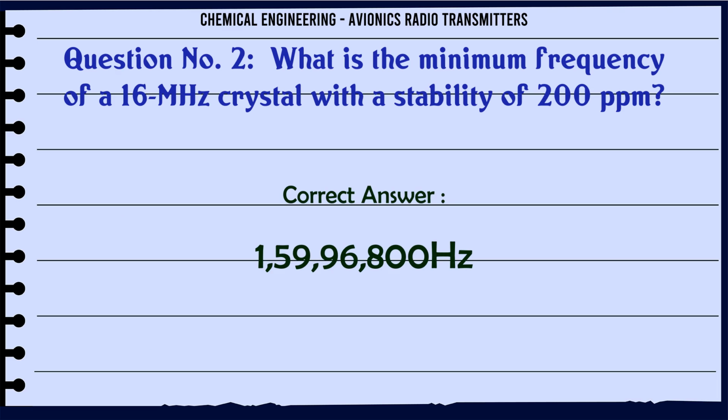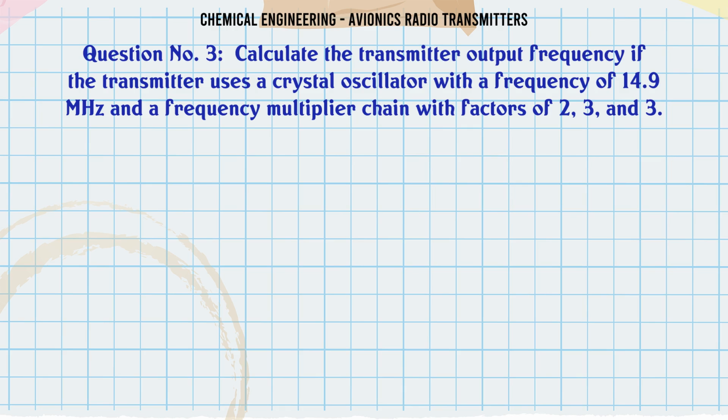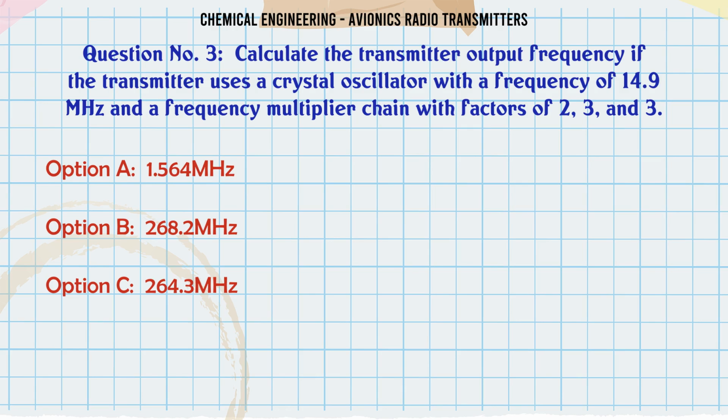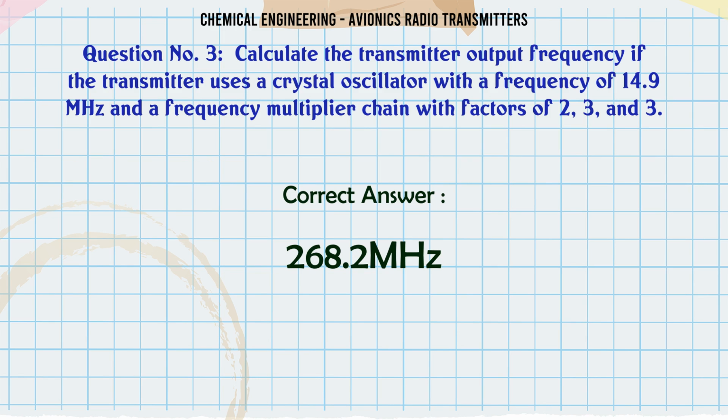15,996,800 Hz. Calculate the transmitter output frequency if the transmitter uses a crystal oscillator with a frequency of 14.9 MHz and a frequency multiplier chain with factors of 2, 3 and 3. A. 1.564 MHz. B. 268.2 MHz. C. 264.3 MHz. D. 265.6 MHz. The correct answer is